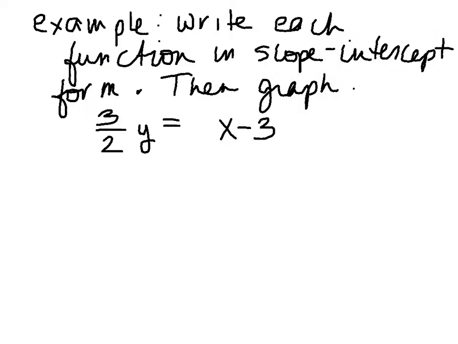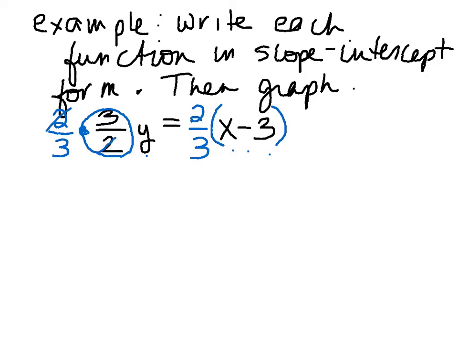Another example: write each function in slope-intercept form, then graph. Okay, I have y equals x minus 3, but I have a number in front of the y. I have to get rid of that number. To get rid of a fraction, you're going to multiply by the reciprocal. Multiply by the reciprocal. These all cancel out, and you're left with y equals, notice I've put this in